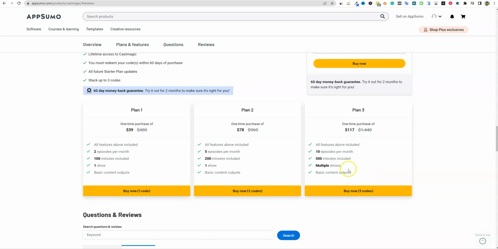So I would need to find out some clarity on what 10 episodes means. But just logically, that makes sense, that you're only able to do 10 files per month. And that's just not good enough for me. This needs to be doubled or tripled for me, because I don't know how you would even use